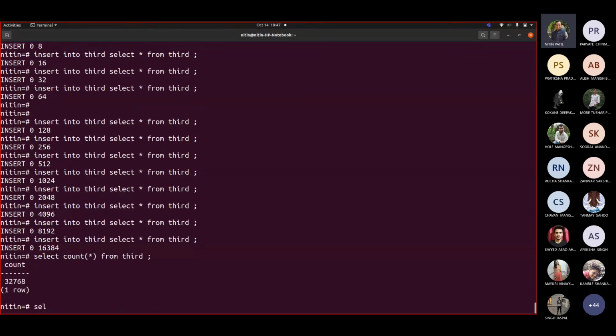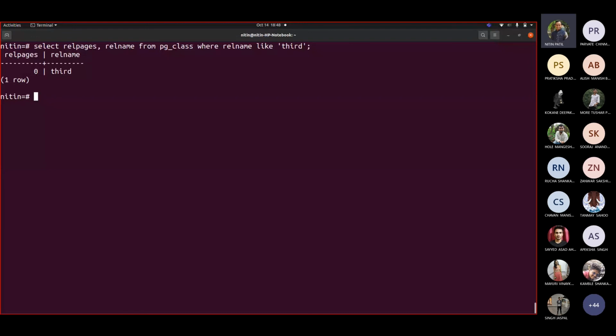Let me write the command that we were talking about, here instead of customer, third. Now let us see. Is it showing any pages right now?